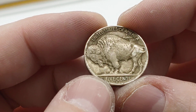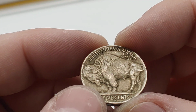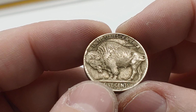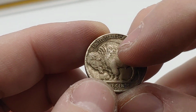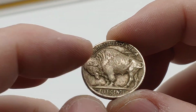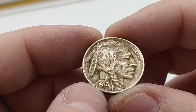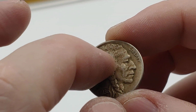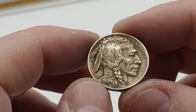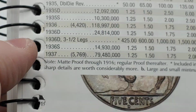So this is nice. This is definitely an AU. It's a Denver mint. Rim's a little beat up, but you can see all the detail. You can clearly see the horn. Again, a little bit of wearage on the hiney there, not so much on the shoulder. That's usually where it gets a lot of wearage. And on the Indian himself, you see a little bit of wearage on the peak part of the coin, about right here on the side of his head by his temple. But the date really sticks out. It is a Denver mint. I would just say condition-wise, if this is AU,